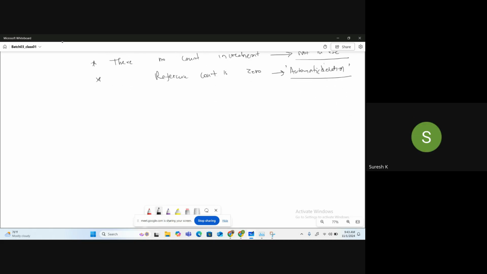Now the second concept is what? Cyclic garbage collector. So we need to know the basics of programming, then only we can learn many concepts. If somebody asks you what is garbage collection, and you don't know what happens here and how it works, then you cannot become a great data scientist.